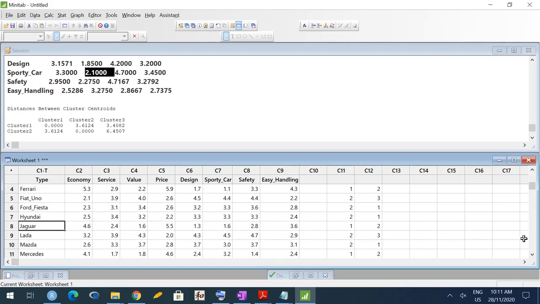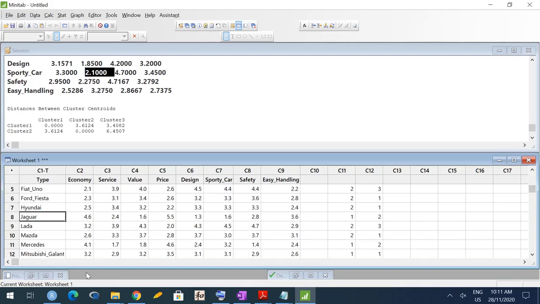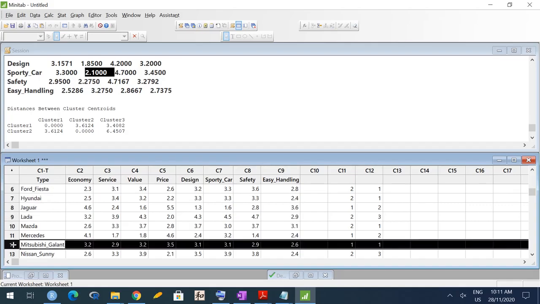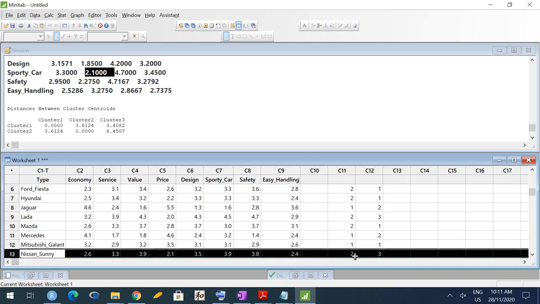Is there any? Okay, yes, Mitsubishi. So earlier it was in the expensive car category, but now it has shifted to the moderate cars category. Okay. Similarly, Nissan was earlier in the moderate car category, but now it has shifted to the inexpensive kind of category.